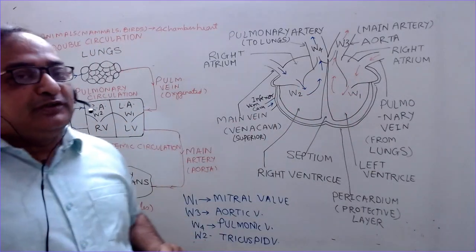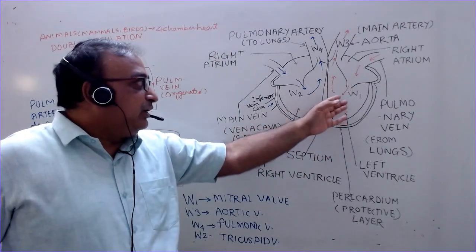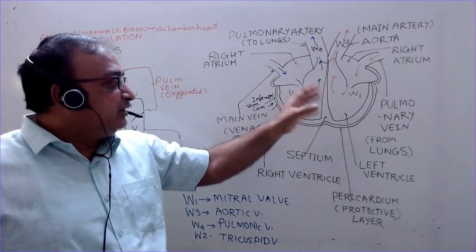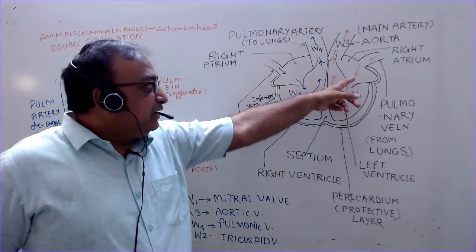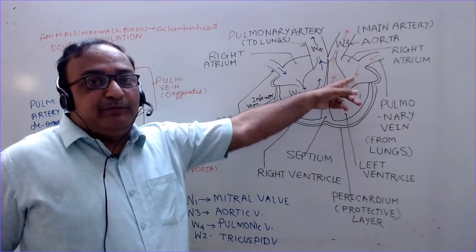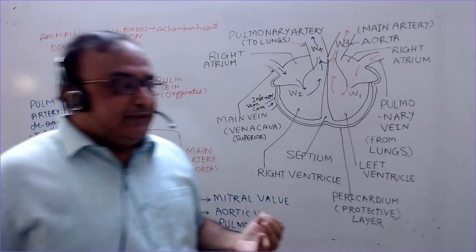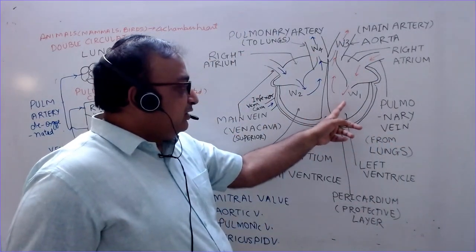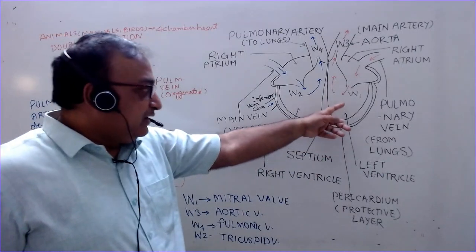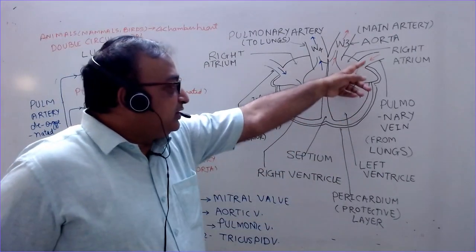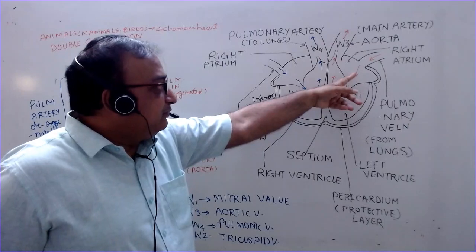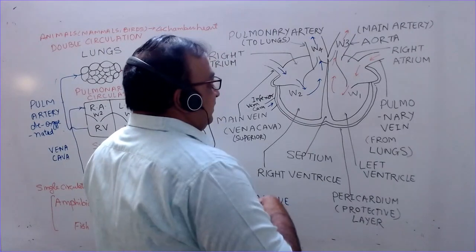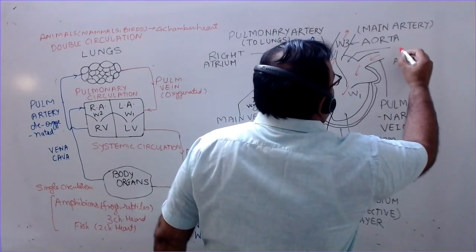Now what is the purpose of blood coming to the ventricle? Why can the atrium not send the blood to the different body parts? The reason is that it cannot produce such a high pressure so that the blood is sent to different body parts. The high pressure is produced here in the, sorry, not right, this is the left ventricle. So the oxygenated blood is coming here, left atrium and left ventricle. By mistake I have written right here, this should be left.